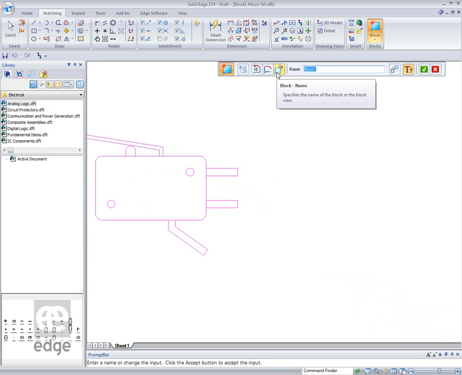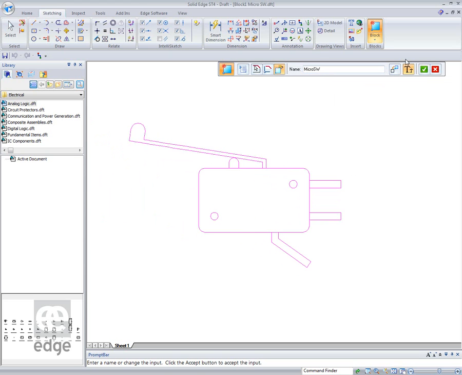A couple of other things are going on here. We want to have a block name in here, and I'm going to call it micro switch, Micro SW. This little icon here means place occurrence. Now if I turn that on, what it will do is make the block and place this as a block straight away, so it's not available as just dumb geometry anymore. I want to leave that because we're going to make something else. So I say accept that,